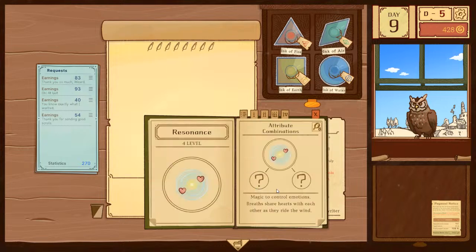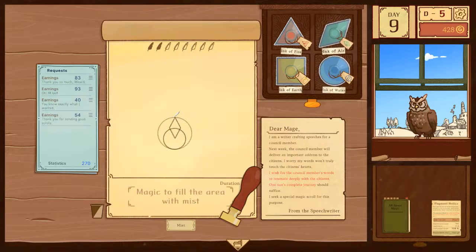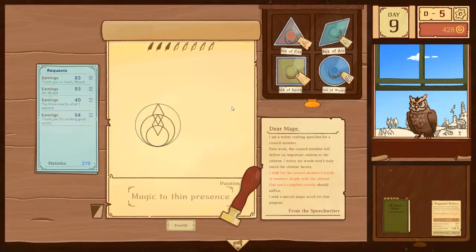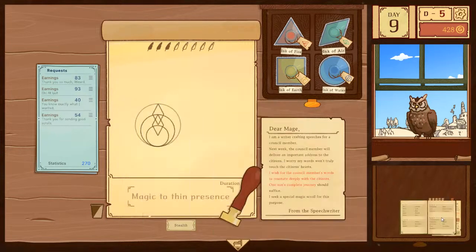Charm or resonance? I think they want resonance. Yes. Brush your hearts with each other as they ride the wind. So definitely need breath. Awful. Mind?